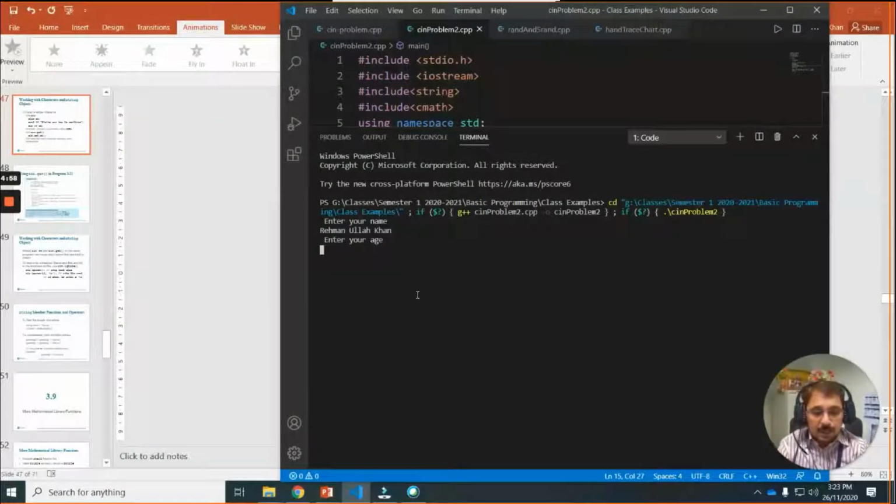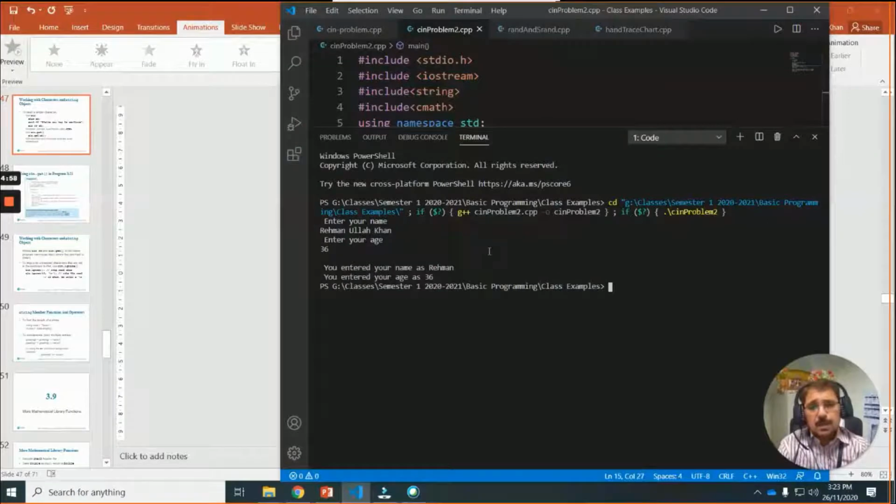So then I can enter age, whatever. You see it didn't take my full name even though I typed my full name, because cin only reads until a space or tab. Then it leaves that one, and after that we wash out the buffer, and then it waits for the age.